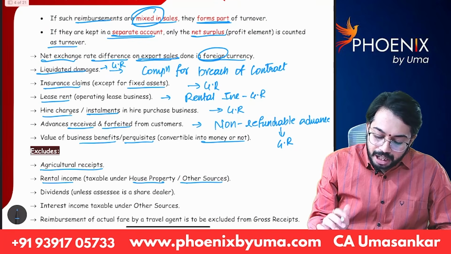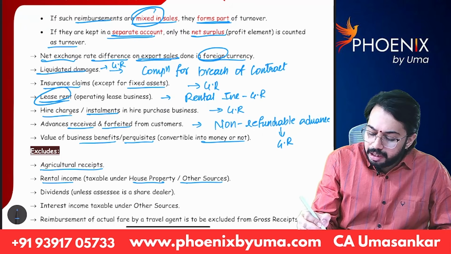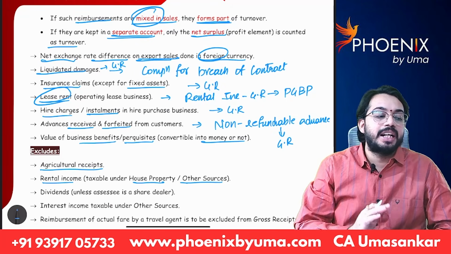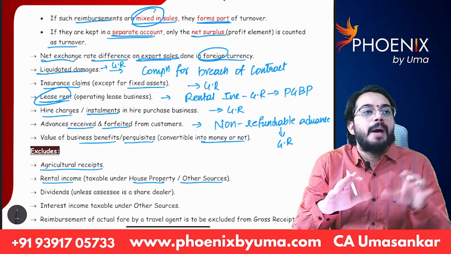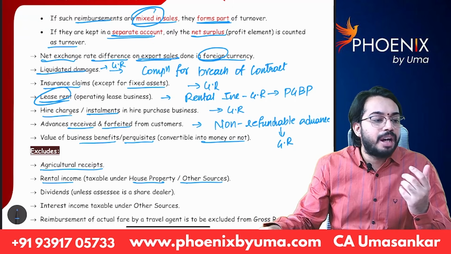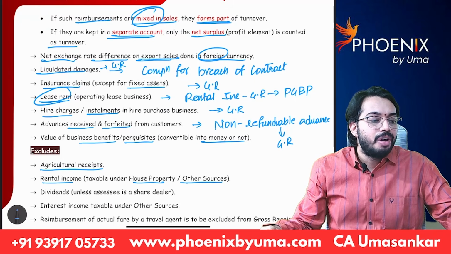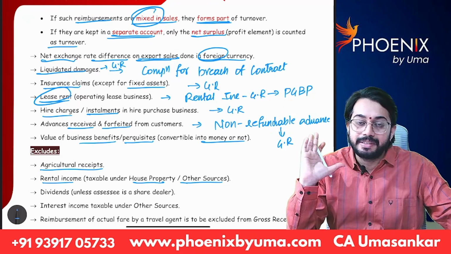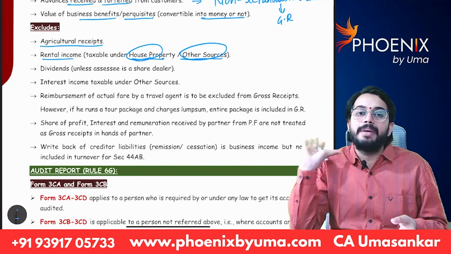See, here whatever the rental income is there, lease rent. If lease rent is taxable under PGBP, then that rental income is considered in calculation of gross receipts. Okay. For example, my main business is buying house properties and giving house properties on rent. If my main business is giving house properties on rent, rental income will be treated as business income to me, correct? So whatever the business income is there, rental income, that will be treated as gross receipts. But if rental income is taxable under house property or other sources, then it will not be treated as gross